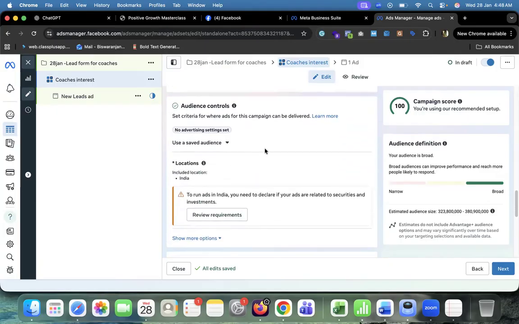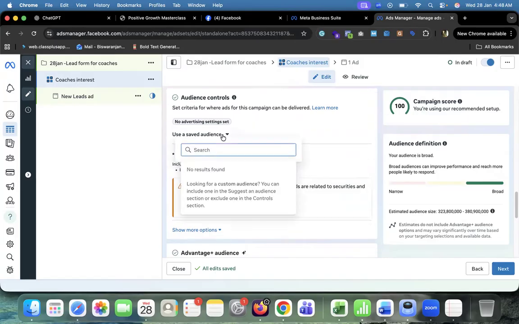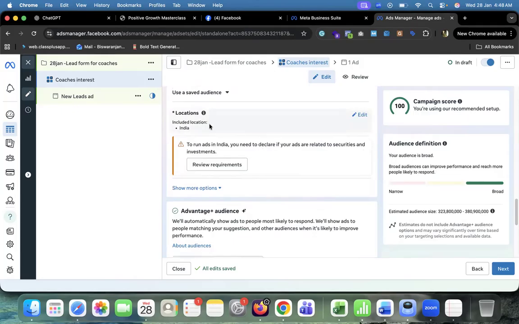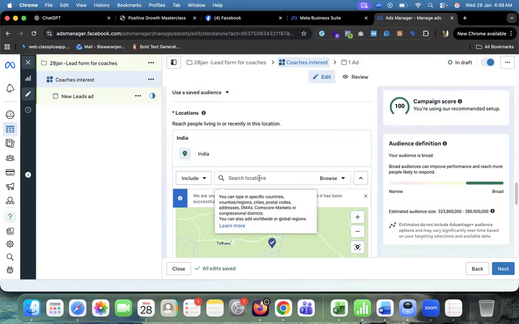So the next part is audience control. Here there is an option to use a saved audience, but because we are creating the first campaign, we don't have any kind of saved audience. So we have to go to the location. In location, you can go for India, the Pan India itself, or if you want to go state wise, like if you want to run your ad in tier one cities or tier two cities, you can put like this, Delhi